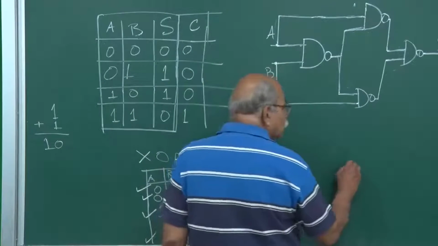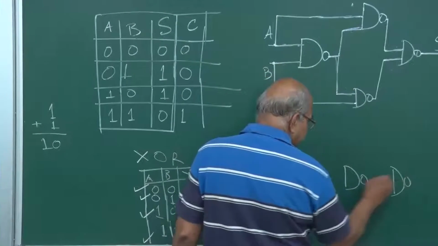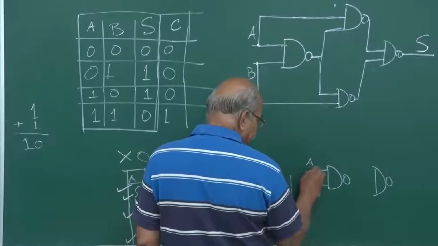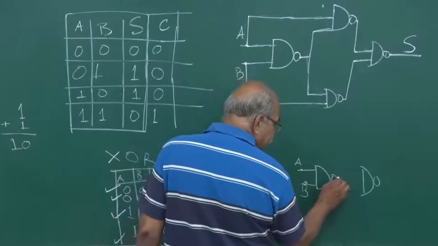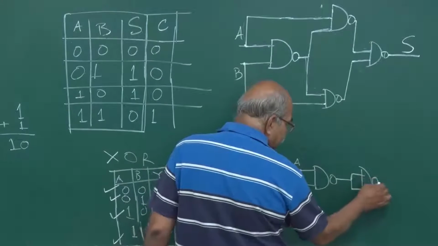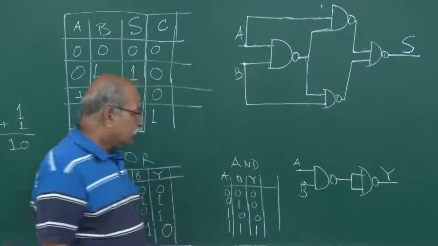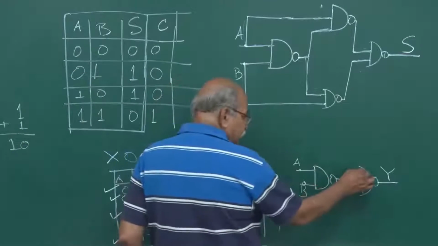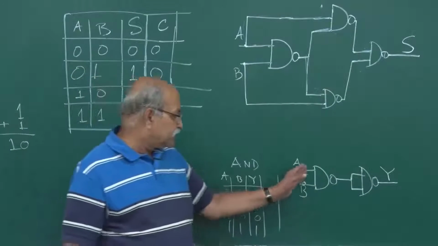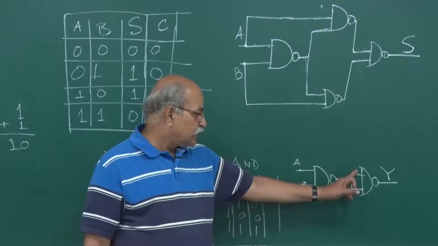Right? You take two NAND gates, your inputs go here, A and B, these are the input points, and then this output is fed to both the terminals and this is Y. So, you can very quickly check that this is AND gate. 0 0. So, if this is 0, this is 0, here it will be 0, here it will be 1. This will be 1, this will be 1.